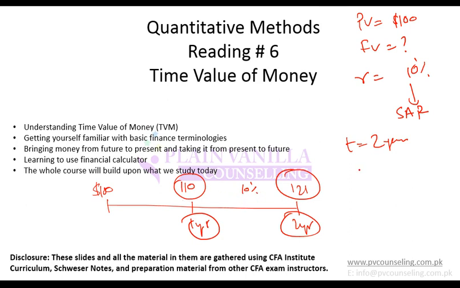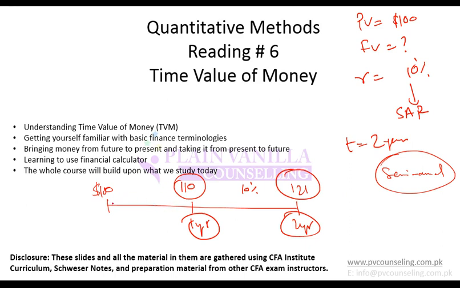If I tell you that compounding is not annual but it is semi-annual, it means you get a return after every 6 months. It does not mean that 10% is a 6-month rate. 10% is an annual rate, it is a stated annual rate. But how your return is calculated is that your return is based on the 6-month return. That is, your return compounds after every 6 months.